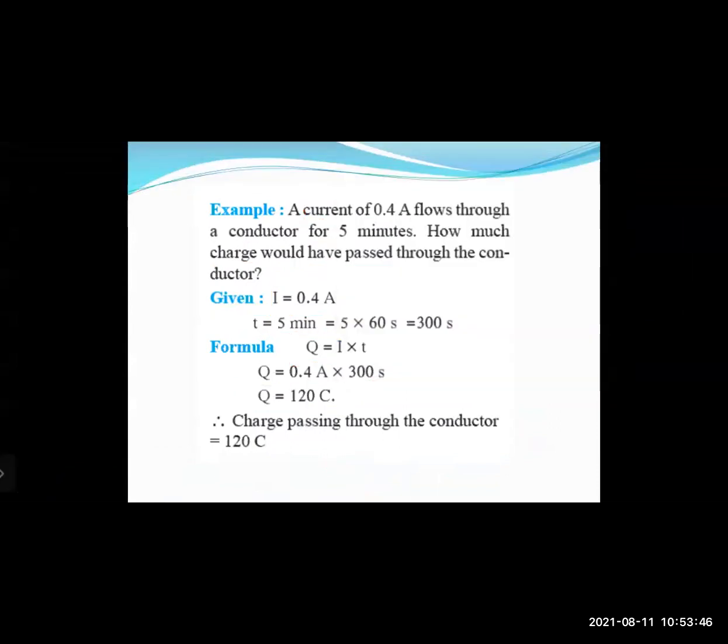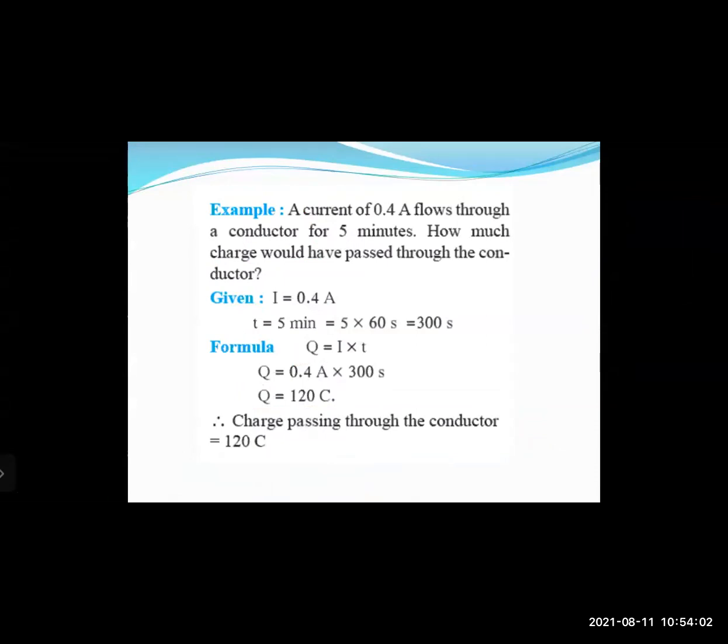So this is the first numerical, right? We have already seen this, a very simple numerical. This will be asked for around 2 marks. So here you have to write the given as well as the formula. Whenever you write the given, you will get a certain number of marks. You will get separate marks for the formula and separate marks for finding the answer.